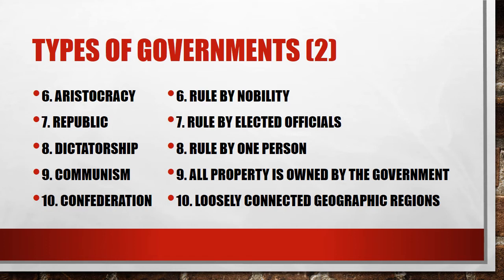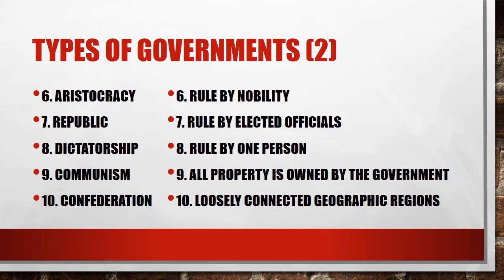The most famous example of communism was the USSR during the Cold War. So if you've taken U.S. history, you should know about the Cold War. After World War II, the United States and the Soviet Union got into this big rivalry where the Soviet Union were communists and the United States were capitalists. And we'll talk about that when we get to economics. But it was a very different form of government.